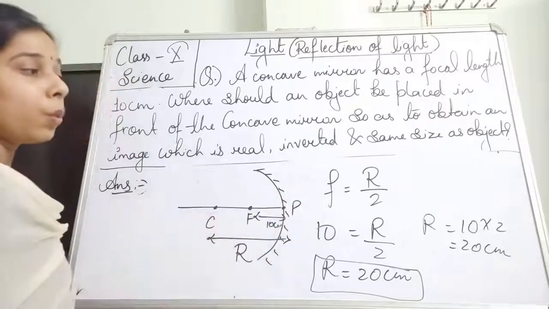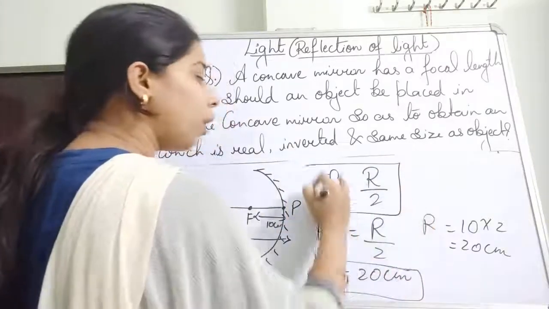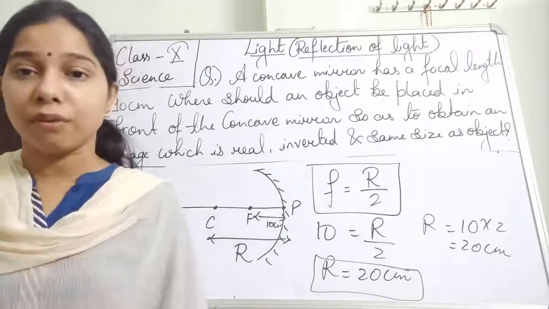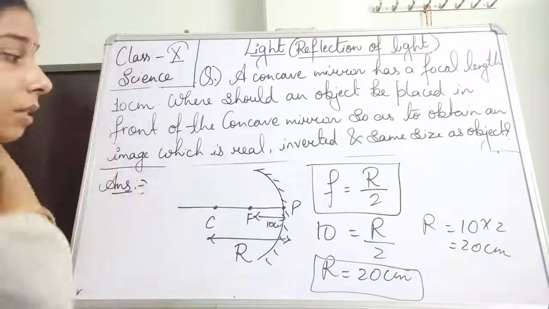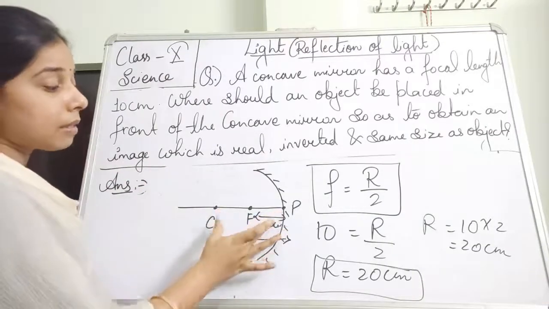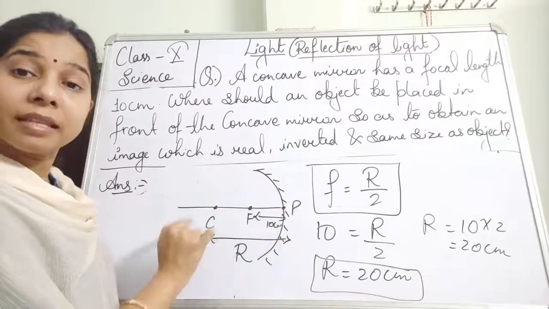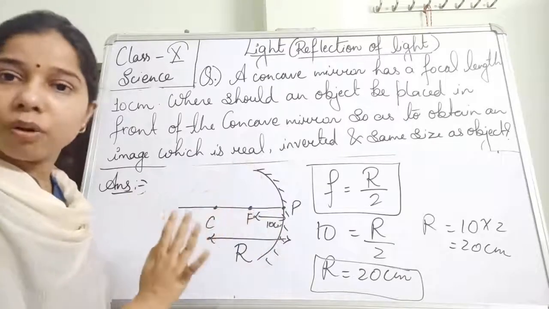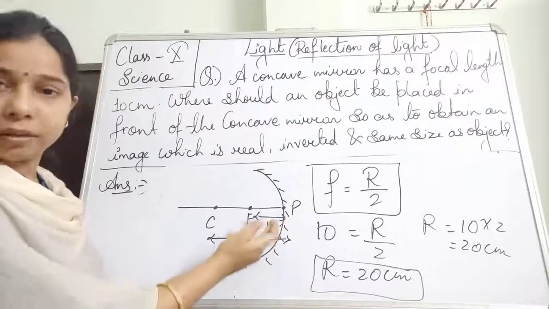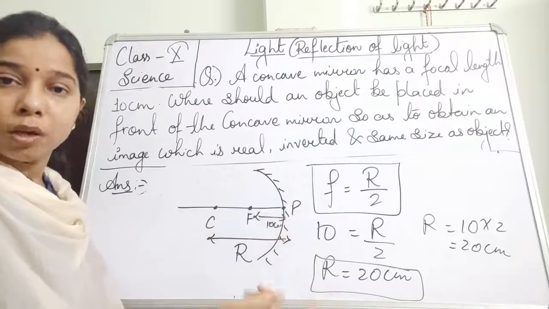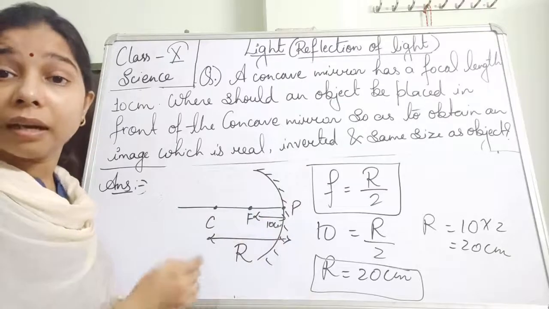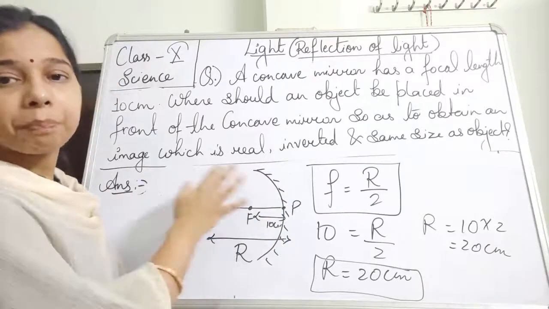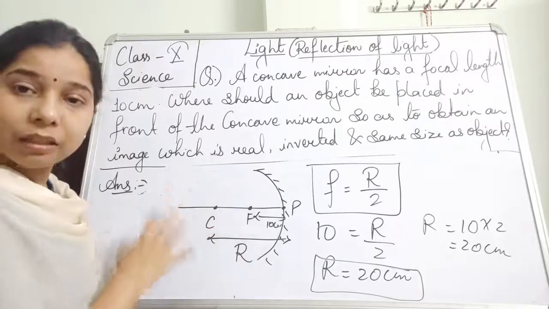This is because we have also seen the formula to find the focal length with the help of the radius of curvature. What is the radius, students? We know that radius is the distance from the center to any edge of the mirror. That is called the radius. We have taken the center one as the pole, so that will also be the radius of the sphere, the radius of the spherical mirror, spherical glass.